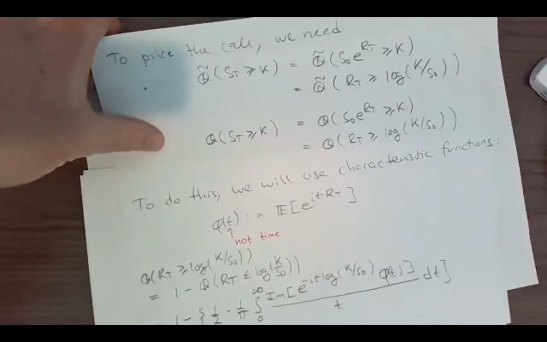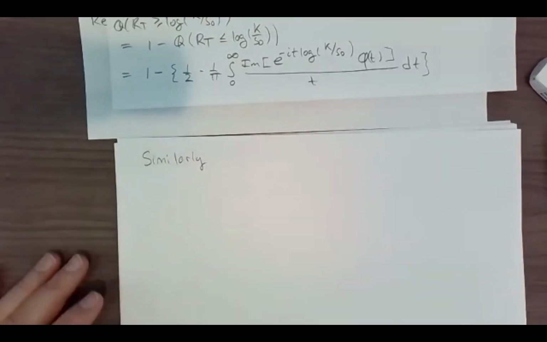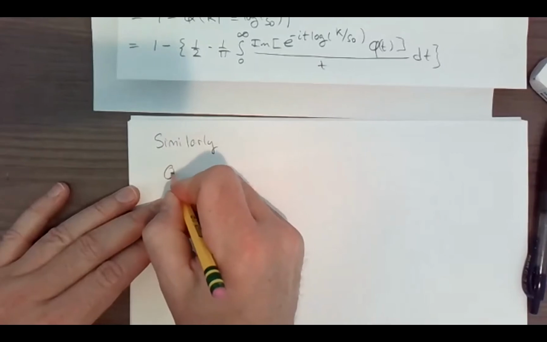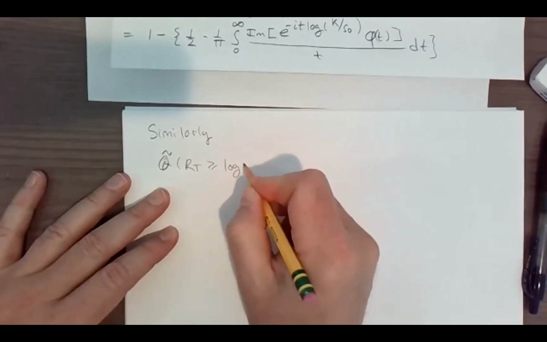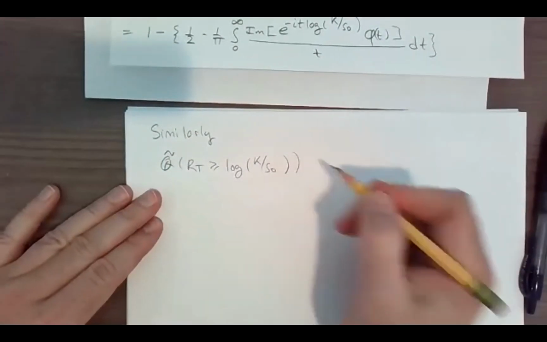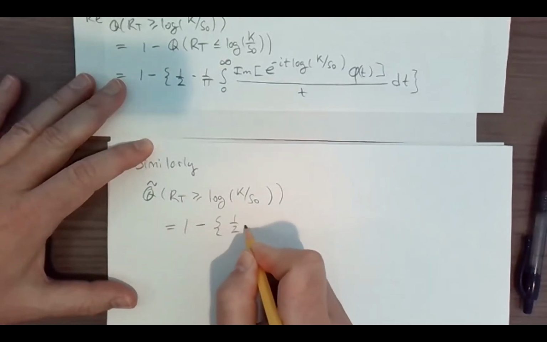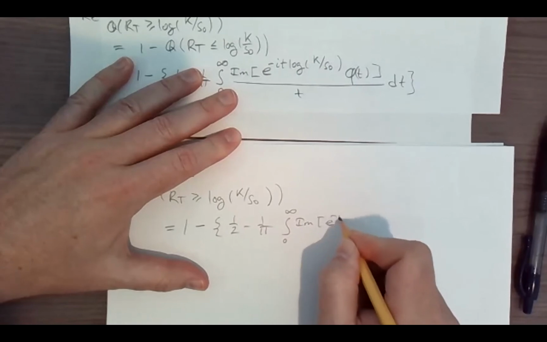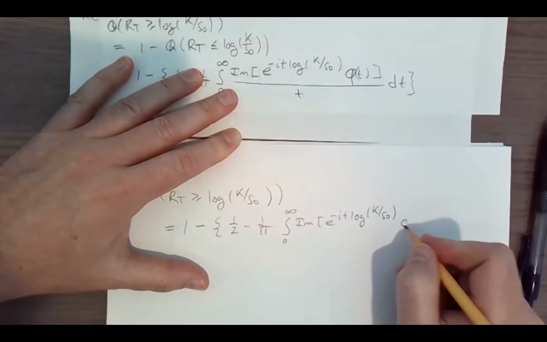Similarly, Q tilde of RT being in the money, so bigger than log of K over S naught, can be found using the same formula, 1/2 minus 1 over pi, integral from 0 to infinity, imaginary part of e to the minus it, and then this log. And then the different characteristic function, phi tilde,